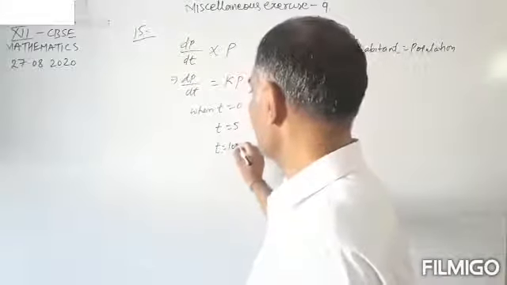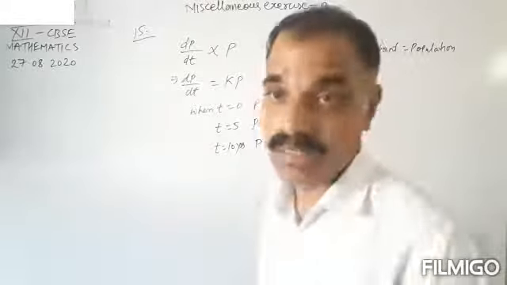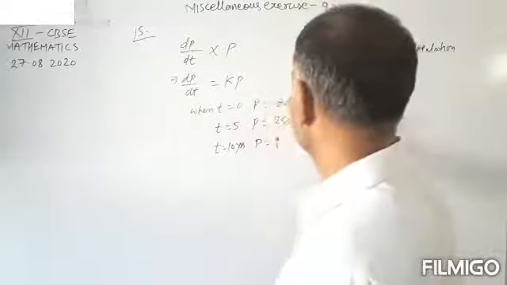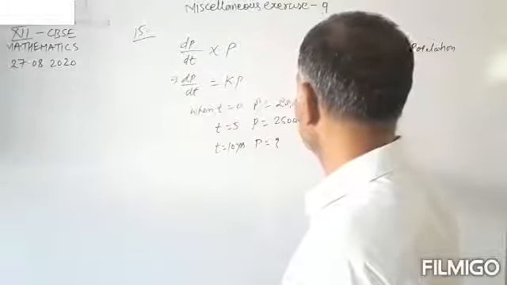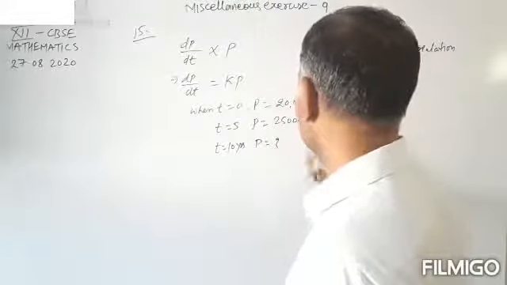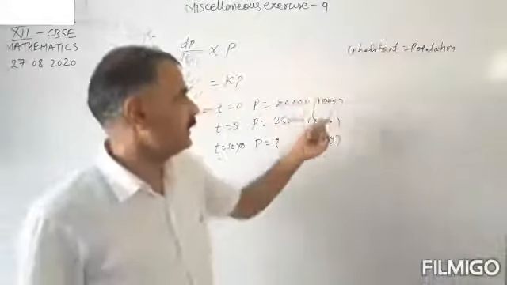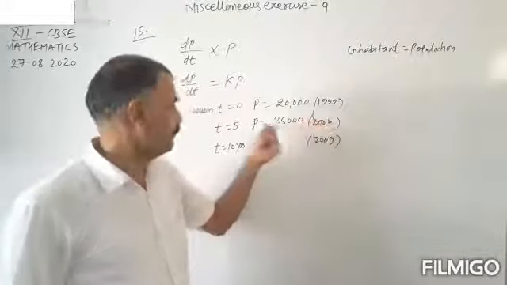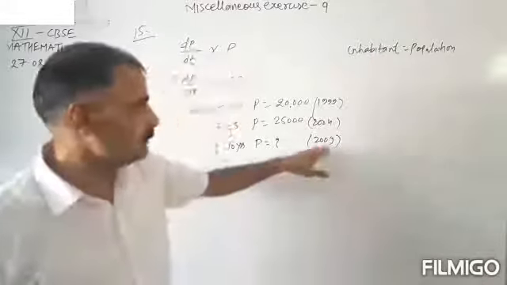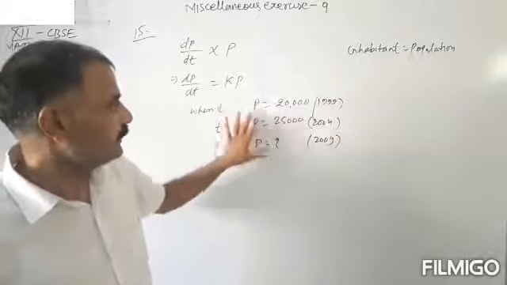Now, if t is equal to 10 years, then what is the population of the village? This is in 1999, this is in 2004, and what is the population in 2009? So this was the initial year, t equals 0 in 1999. In 2004 we will have t equals 5, meaning 5 years passed, and in 2009 t equals 10 years. These are the conditions.